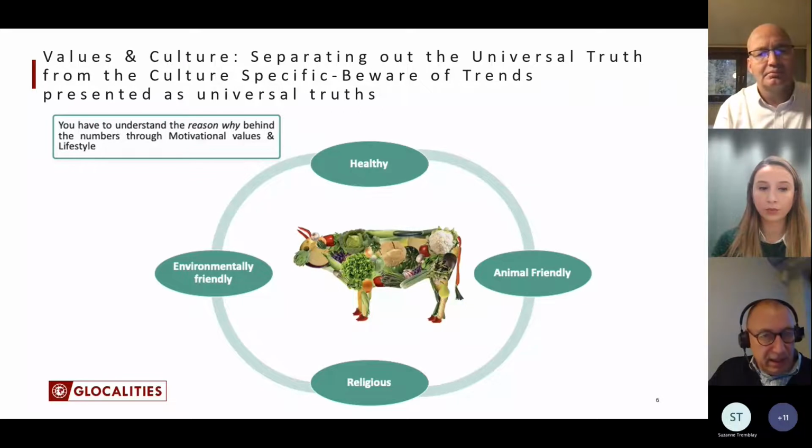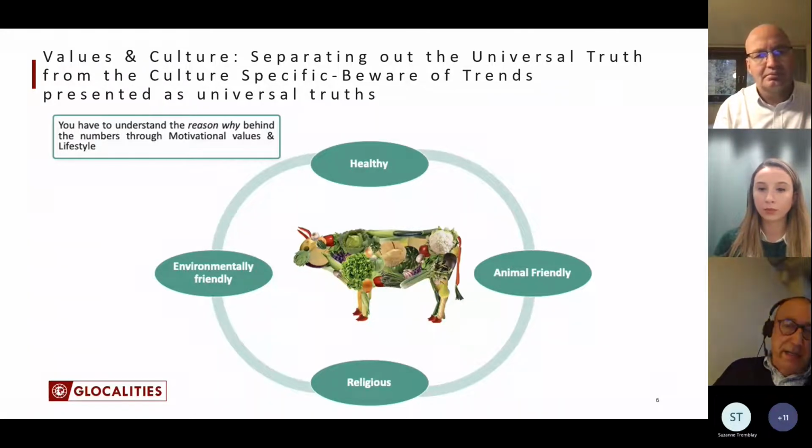And if we go to the next slide, a good example of an industry is the vegetarian food industry. All over the world, the need for more vegetarian food is increasing. But from the studies we've done so far, we see that there are so many different cross-cultural aspects that need to be addressed in different parts of the world to bring across the message of a vegetarian brand or product to that market.